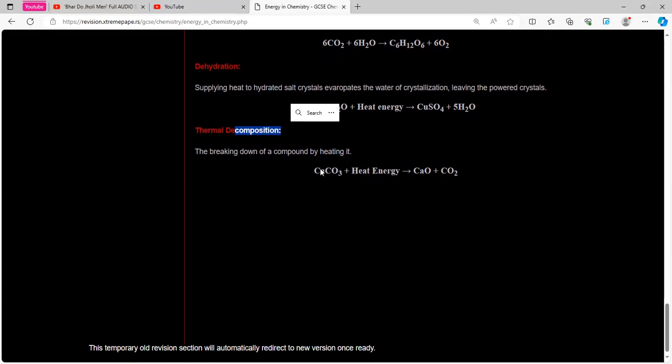The typical examples of endothermic reactions are photosynthesis and decomposition. Just by the word, we can know that the compound is being broken down by adding heat energy to it. For example, calcium carbonate, which you must also know is known as lime, is broken down into calcium oxide and CO2. We leave it there and continue